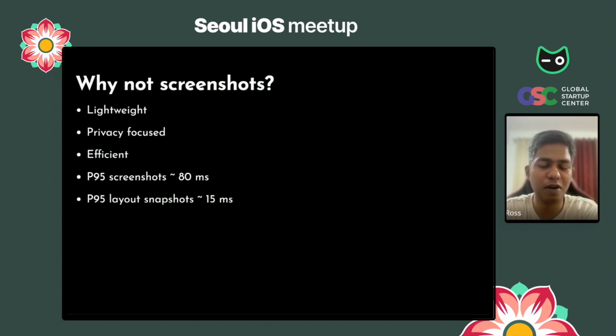One of the few problems that we have with screenshots is that screenshots are generally very heavy because they are a PNG representation of the current UI. Even if you end up compressing them, you end up with screenshots that are hundreds or 200 KB in size. At the same time, we have tested this out internally. Layout snapshots are just SVGs, so even the most complex of UIs can be represented in less than 5 or 6 kilobytes of